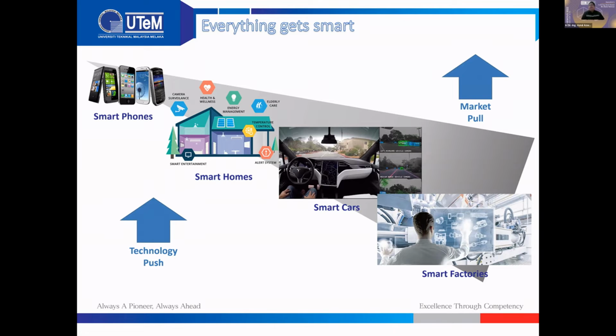If you can still remember, in the year 2000, a smart refrigerator was introduced. But at that time, the technology was already pushed towards the market, but there was no market pull. The refrigerator itself cost around 20,000 US dollars, so nobody would like to buy it. Even though it's smart, it can recognize what kind of things need to be topped up, connect to the internet, and order by itself. But there was no market pull, and the price was too high, so the sales of the refrigerator were not a success.